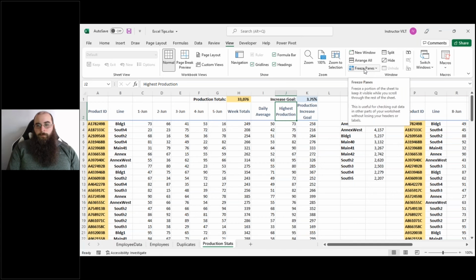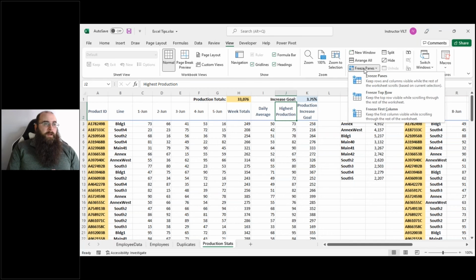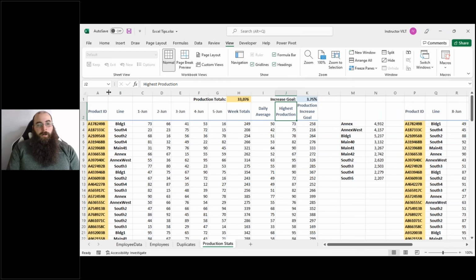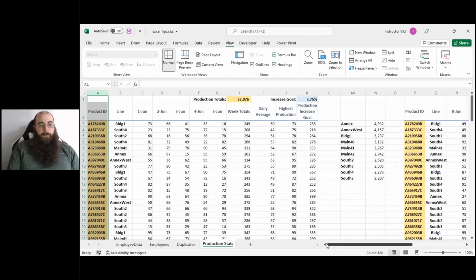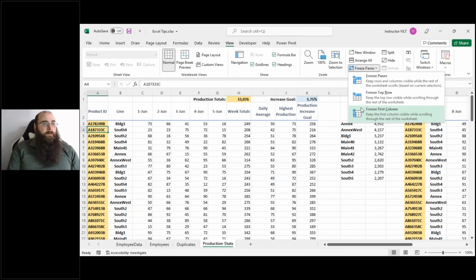Freeze Panes. If you click on that option, you'll see 3 different ways you can freeze panes in your workbook. Starting from the bottom, you can freeze your first column, like your first visible column, not necessarily column A. If I scroll to the right and suddenly E is my first column, that's what will be frozen if I choose that option. But as I scroll to the right, I might lose track of these certain IDs for my